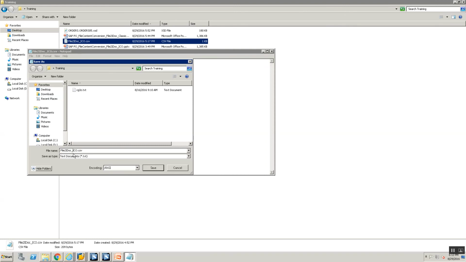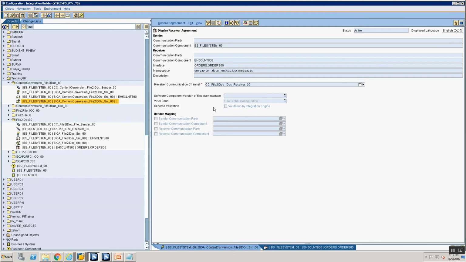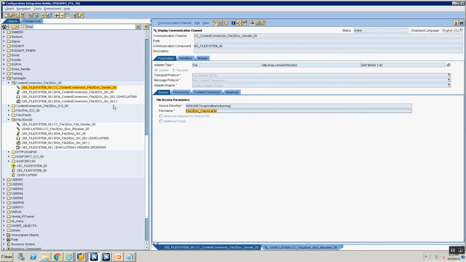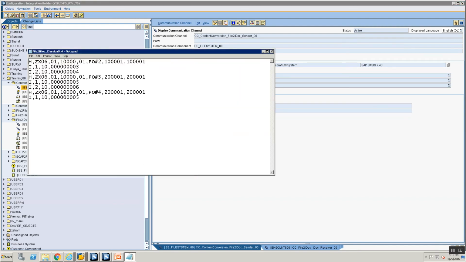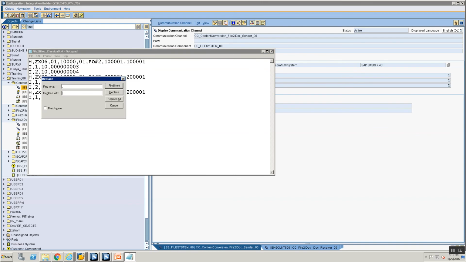Okay, so let's create this file and save it as file to idoc fixed.txt. I think that's the name we gave here, right? So let's check that in my sender communication channel. File to idoc, sorry, it's classical.txt. So I'm going to save that. And what I'm going to do, I'm going to just replace all the comma and say replace all.